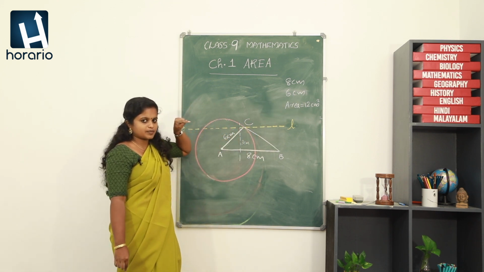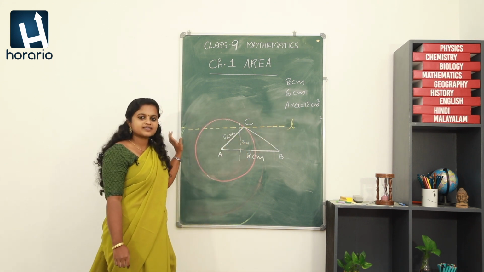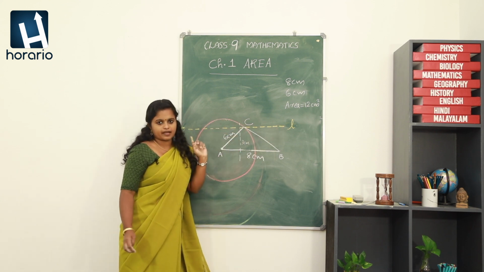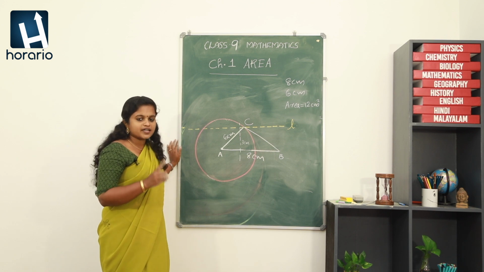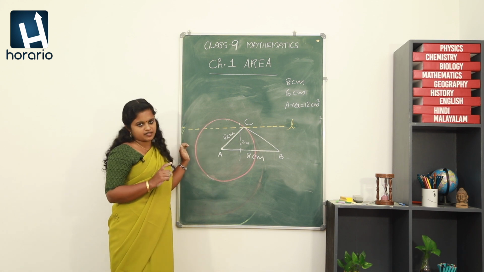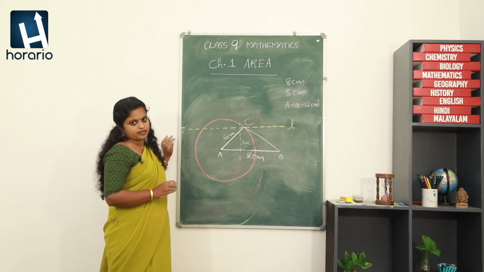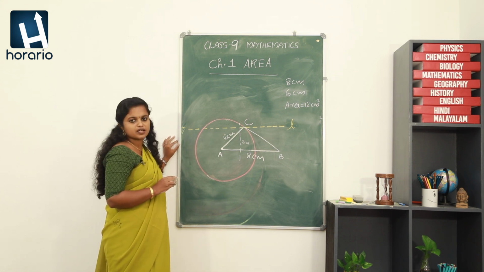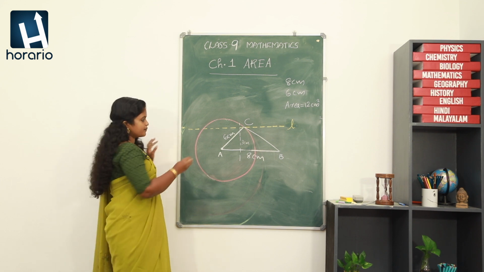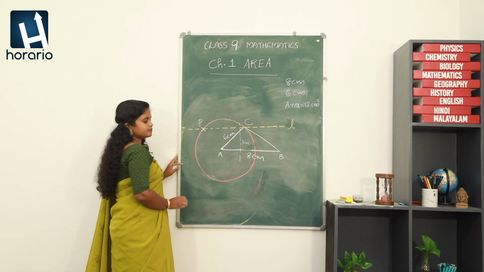Okay? Now, the other concept that is to be done. We should not change the area. How we can keep the area as a constant? We will be taking the points in between the parallel lines AB and the line L. So, we are going to search for such a point which is satisfying these two conditions, that the point should be on the circle as well as on the line. So what is that? We are actually looking for the point of intersection of the circle as well as the parallel line. Okay, so here we got the point of intersection, right? So this can be taken as P.